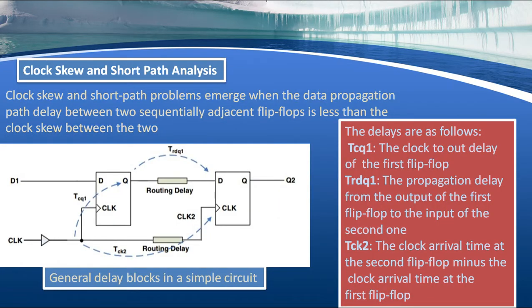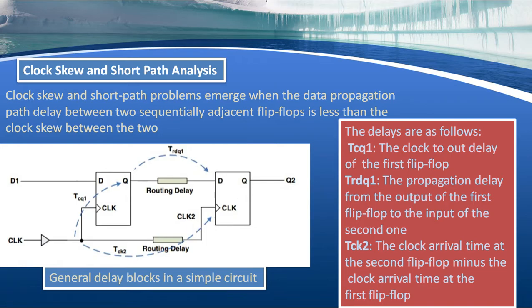Clock skew and short path analysis. Short path analysis means hold time analysis. The clock skew and short path problem emerges when the data propagation path delay between two sequentially adjacent flip flops is less than the clock skew between the two, which we have seen there. See, this is a general delay block in a simple circuit. D1 and clock. This is the T RQ1 required. This is the T clock 1, and this is clock 1. This is the required